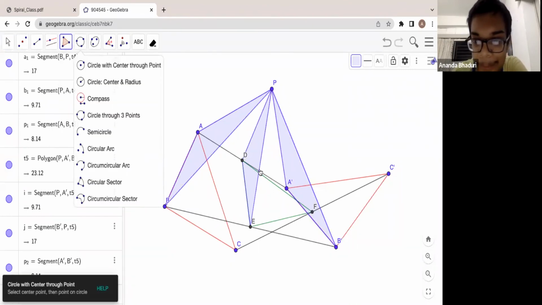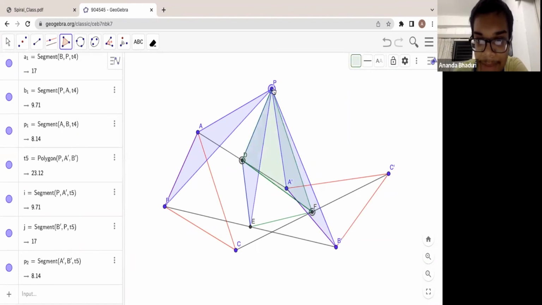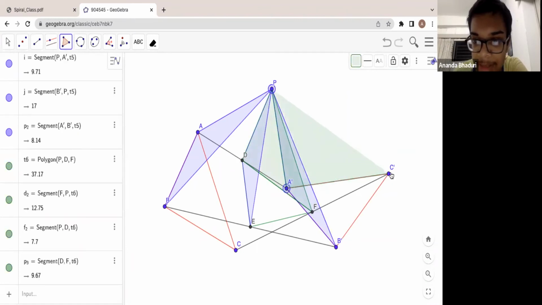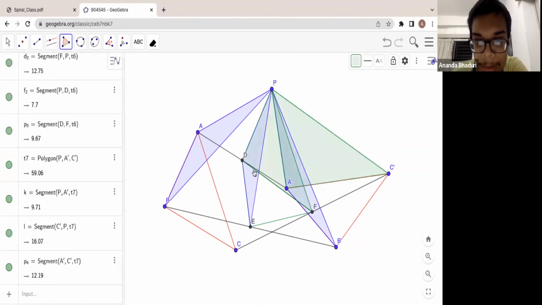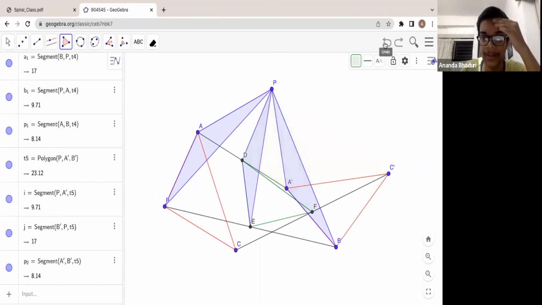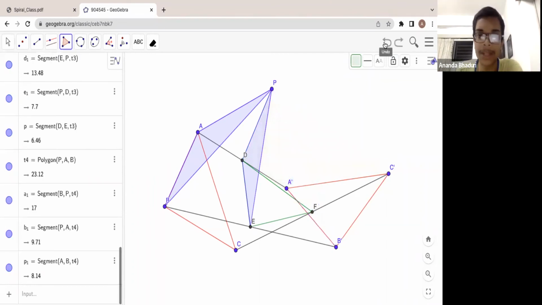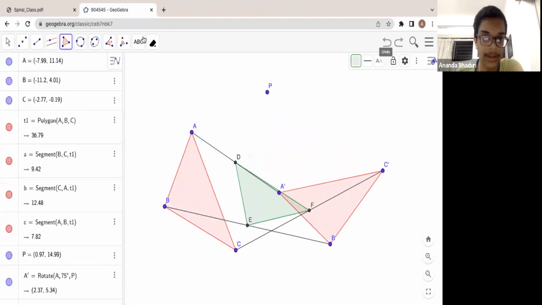So as Pranav said, sorry, not Pranav, Kanav. PDF is spirally similar to PAC. So let's say PDF is spirally similar to PAC. So adding these two, we get that PD minus PDF is PAB minus PAC, which is like BAC. Similarly, you have the other things. So EDF is spirally similar to this, this, and this. So one cool application is